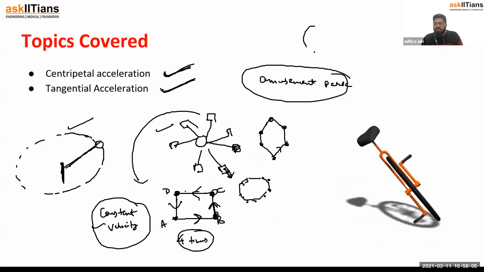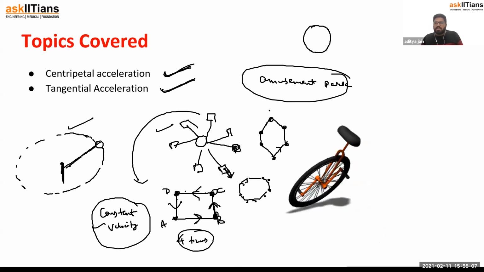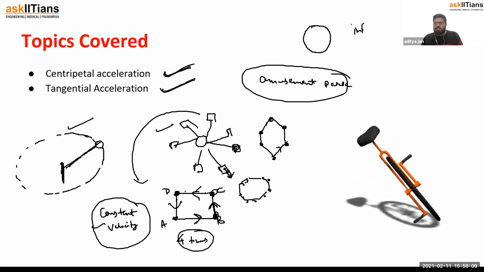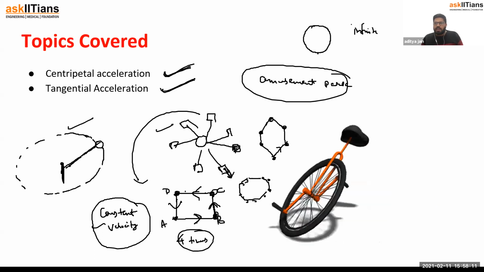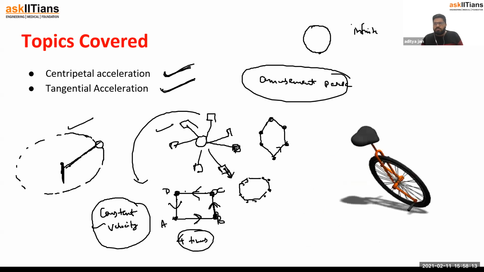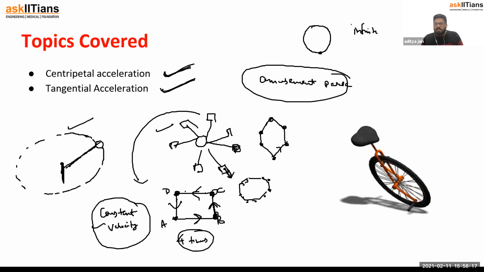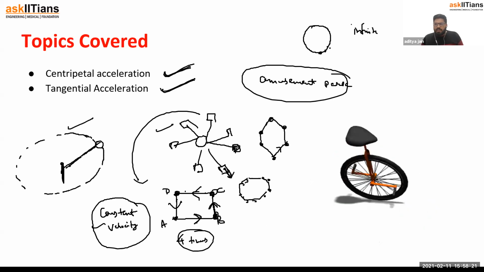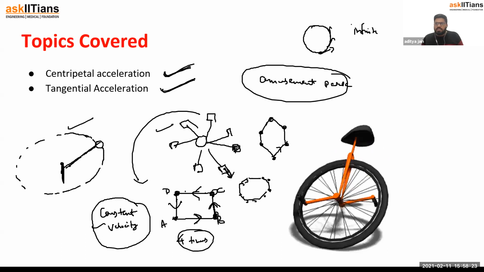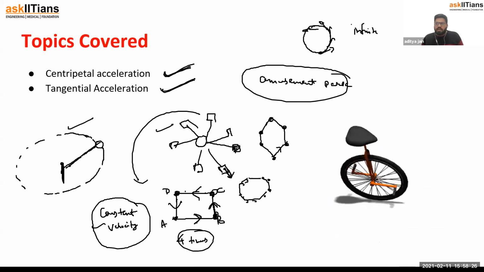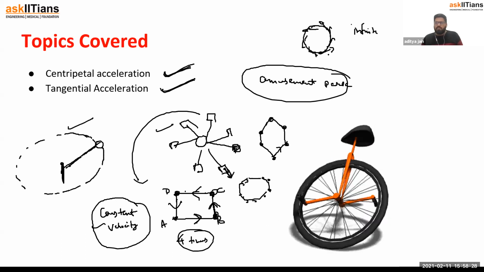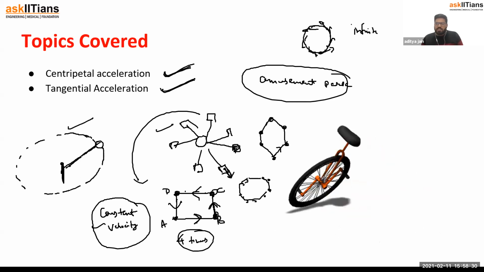Suppose I am making a circle. A circle I can say is a polygon of infinite sides, where each side has a length of a point only, because it is continuously changing its direction. An athlete has to continuously change his direction at every point. So that change in direction